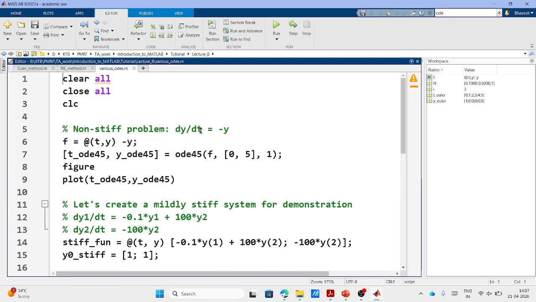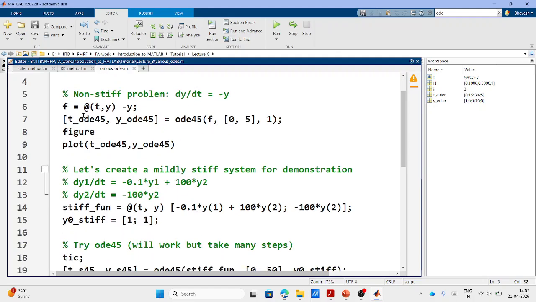Right. So first let's look at the non-stiff problem that we have seen, where dy/dt is -y. I'm creating a function in terms of t and y, and solving it using ODE45. I supply the function, the time span between 0 and 5, and the initial guess of 1. And if I run it,